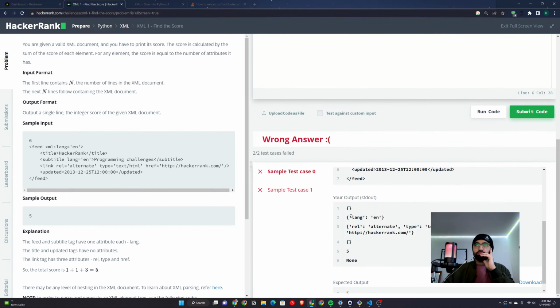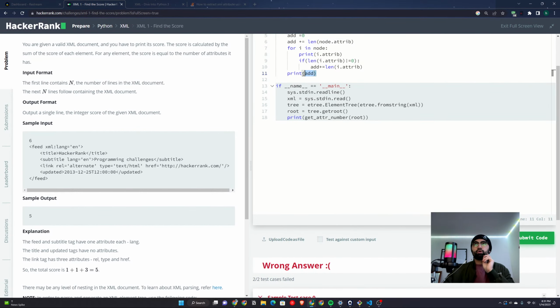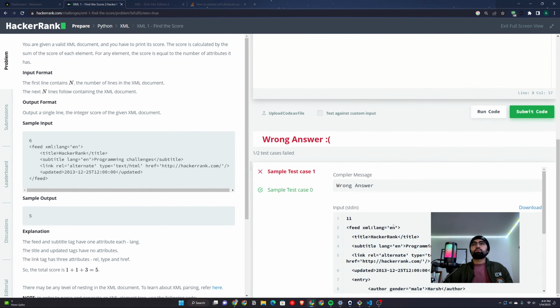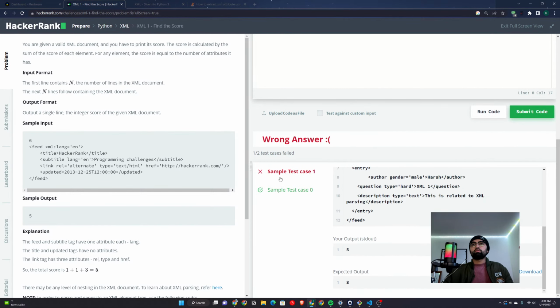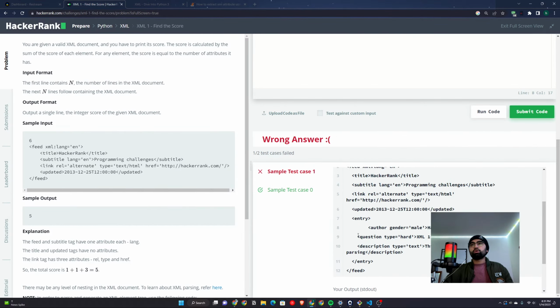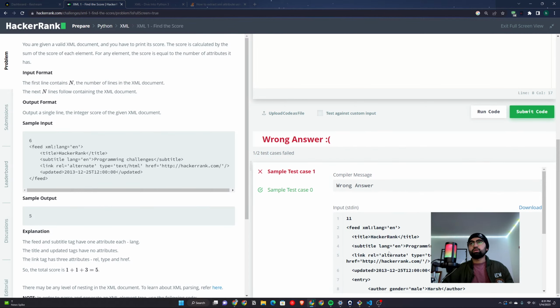So we got 5 and then we got none, and we also got this thing, right? Let's just do return add, stop printing this thing, and we will be good to go. Your output is 5 and it needs to be done, right? So we also need to check if there are any nested